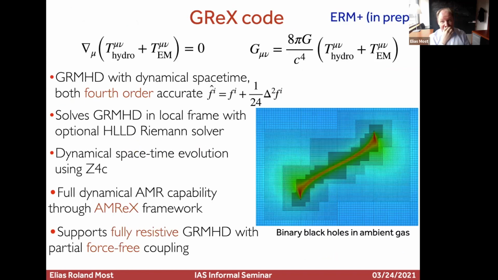And so one of the things that I also want to point out, if you want to do any such simulations, you need a numerical code. This is the thing that I've been developing for some time. It's still not 100% ready, but in principle, I have a code to do GR MHD simulations in dynamical space-time, doing all of these fancy electrodynamics, resistive MHD, and also with adaptive mesh refinement. And the adaptive mesh refinement point is really crucial because these phenomena have a very certain scale separation.